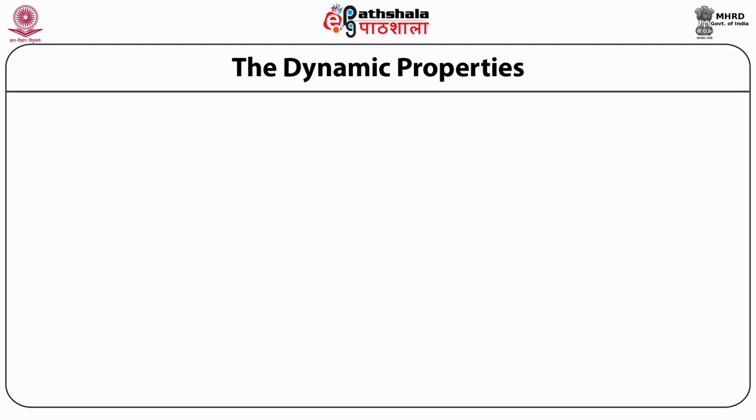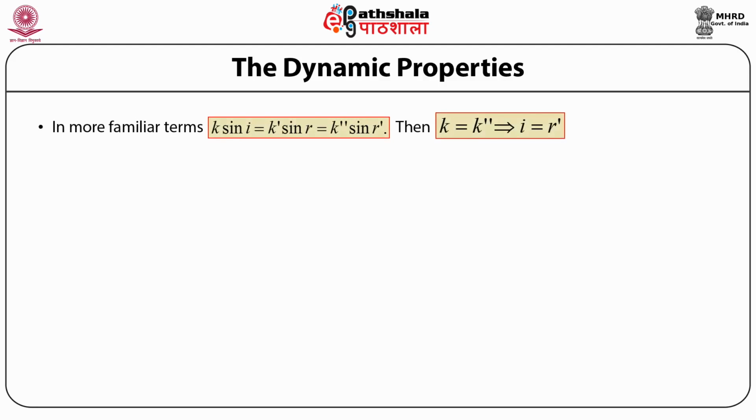So in case of the dynamical properties, we first start with the familiar form of these dynamical properties, which is that if k represents the wave vector of the incident wave and i represents the angle of incidence with respect to the normal to the surface of the interface, while k prime represents the wave vector of the refracted wave and r represents the angle of refraction with respect to the normal to the interface, and if k double prime represents the wave number of the reflected wave and r prime represents the angle of reflection of the reflected wave